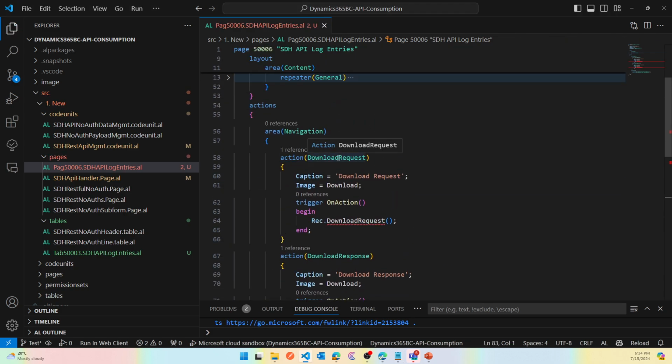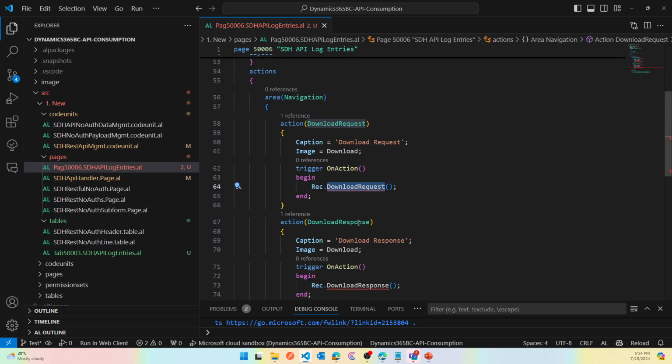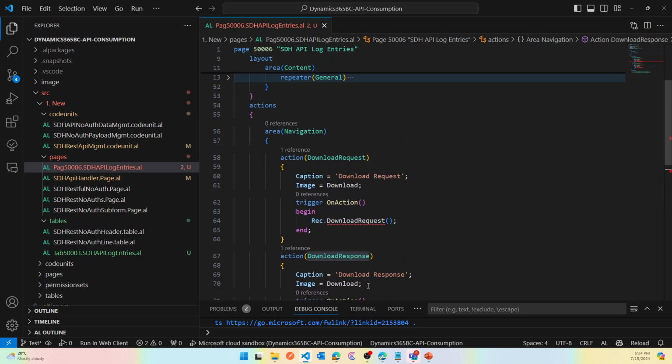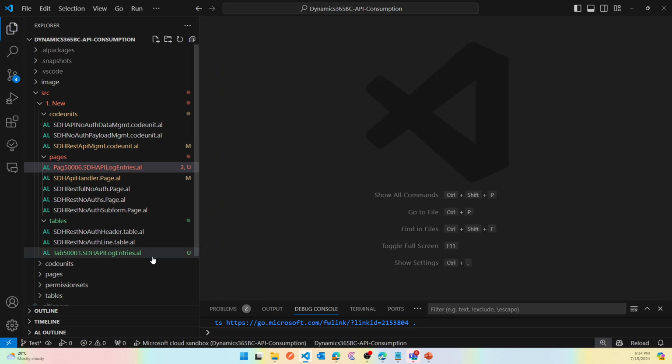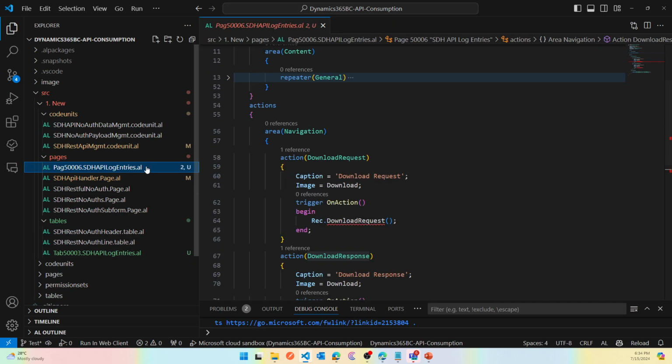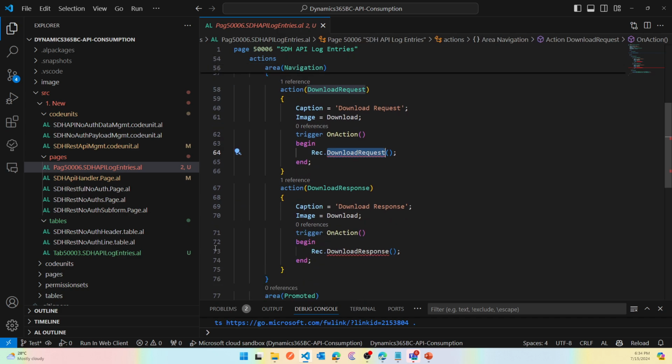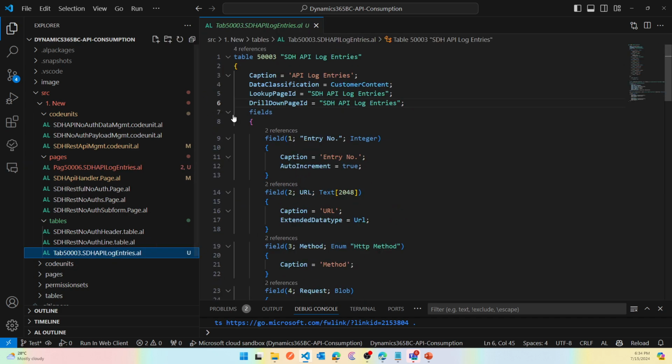One is to download the request, which downloads the request part of it, and the other is download response, which will download the response that is stored in that particular log entry that we are trying to access. This eventually needs two functions: download request and download response. So let's come here on the source table